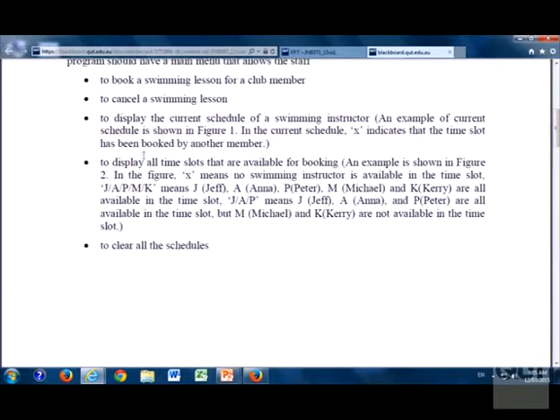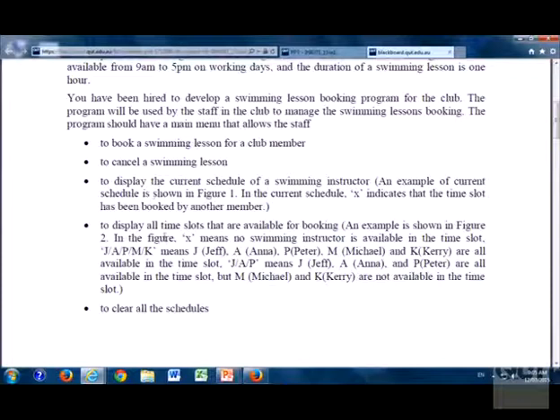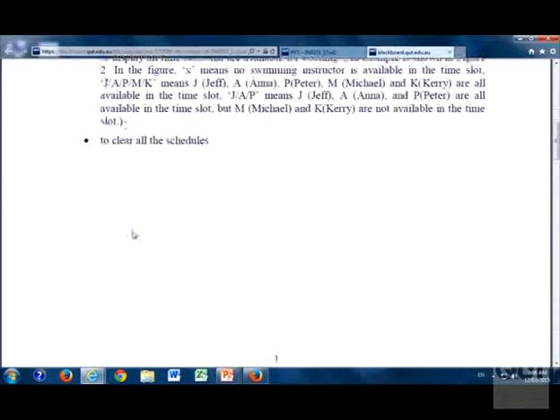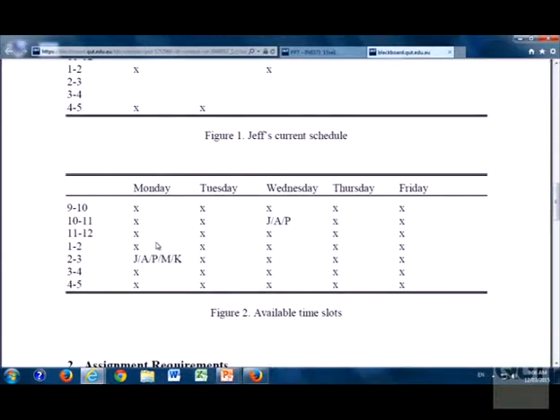Another function that you need to implement is when a user or a club member wants to book a swimming lesson with an instructor. Sometimes they don't know if the instructor is available at a particular time. That's why we have this function. For this function, you need to display the availability of all the instructors. You can look at this one here. For example, on Monday,